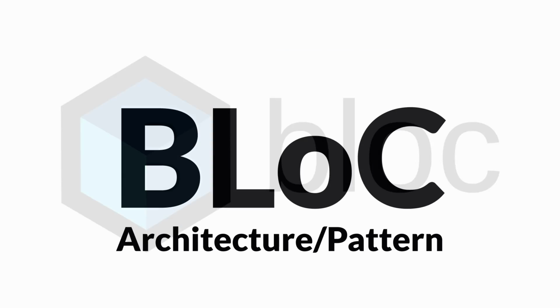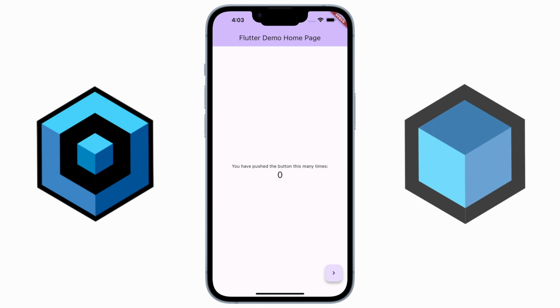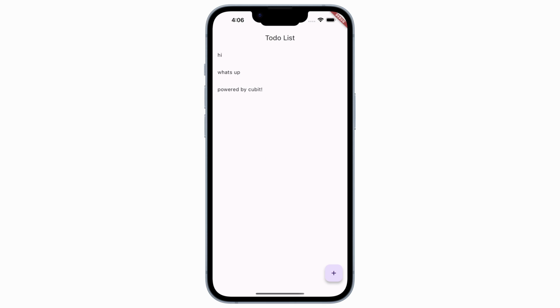In this video, we'll dive deep into the world of BLoC by exploring the BLoC state management tool as well as the BLoC pattern. We'll start by adding state management to the default counter app using both Cubit and BLoC. After getting a rough idea of both the tools, we'll delve into Cubits with a to-do list app and explore